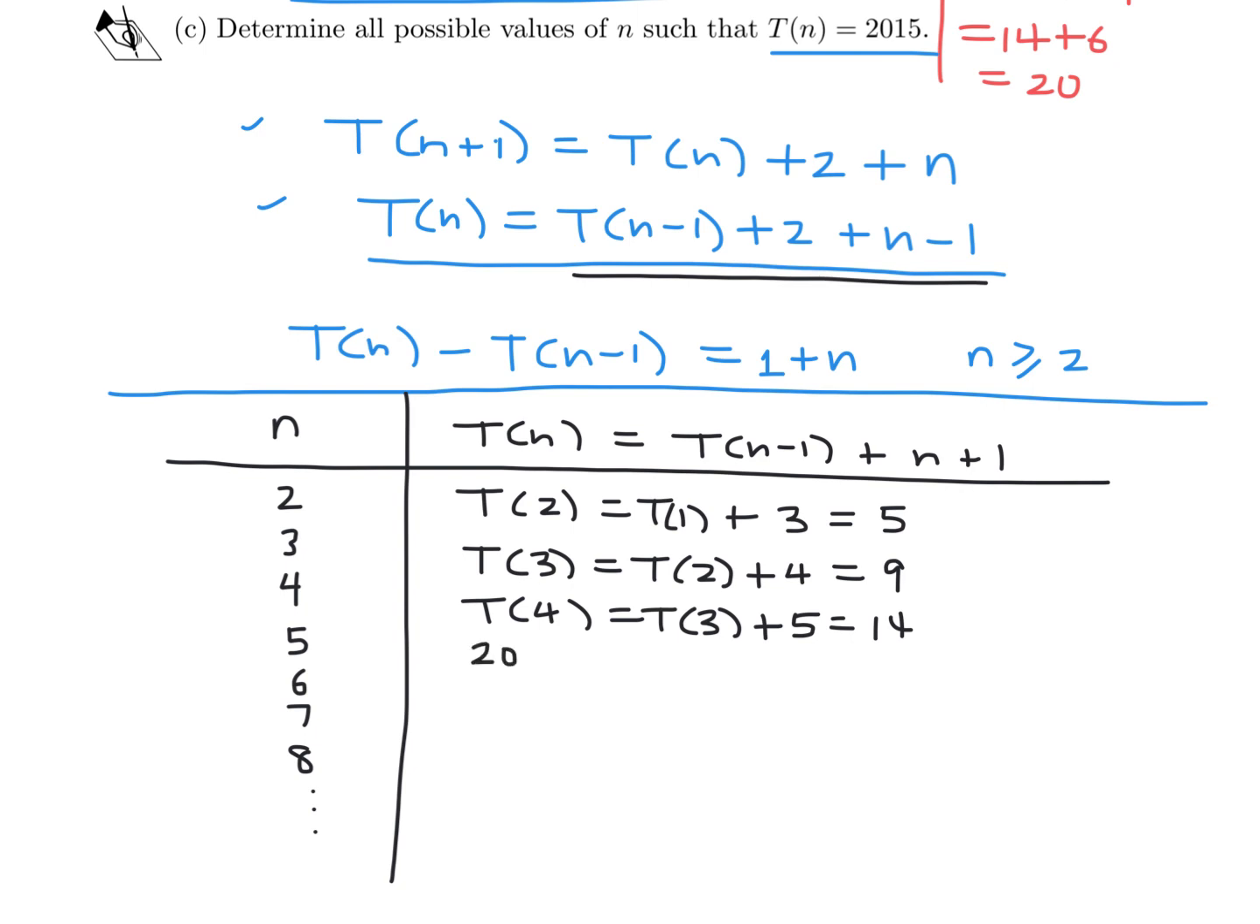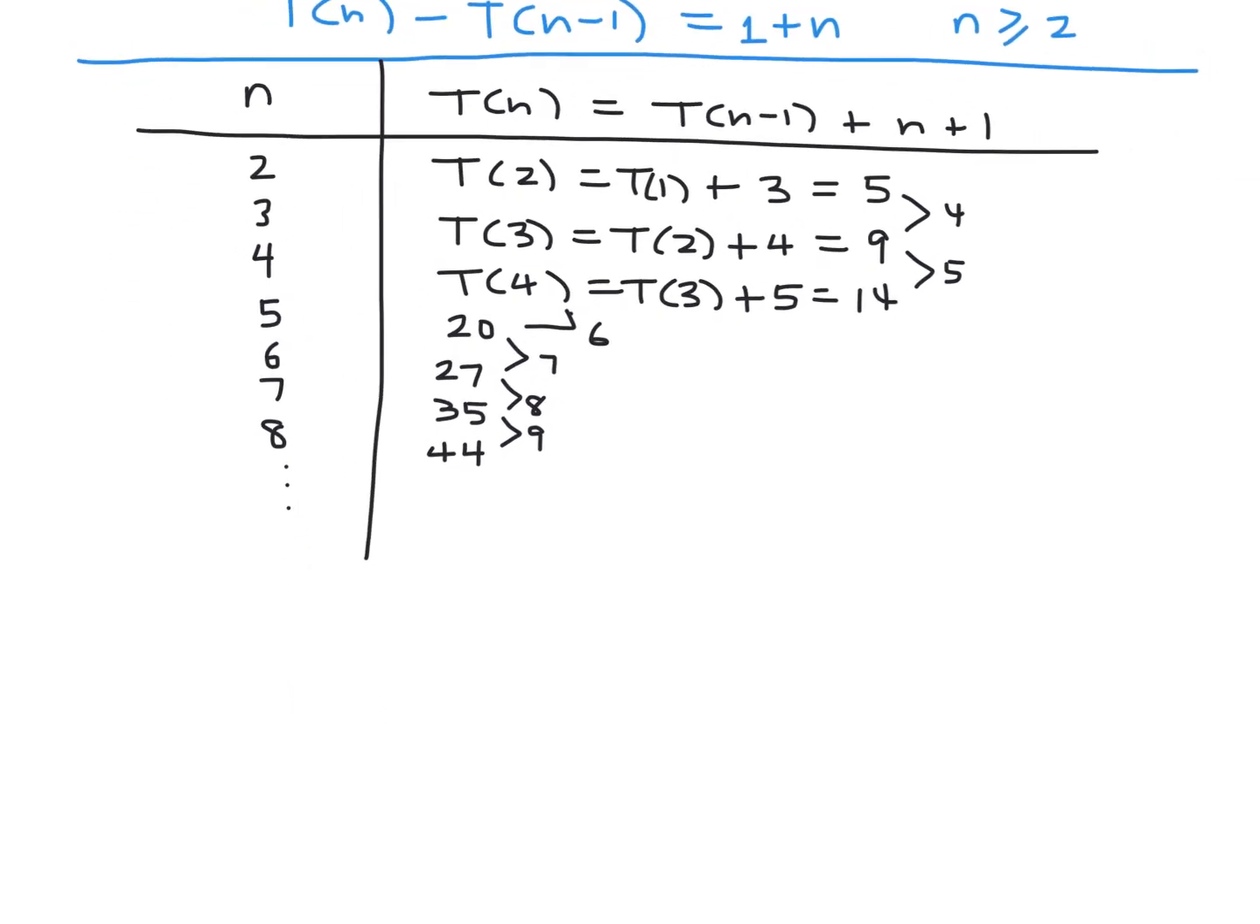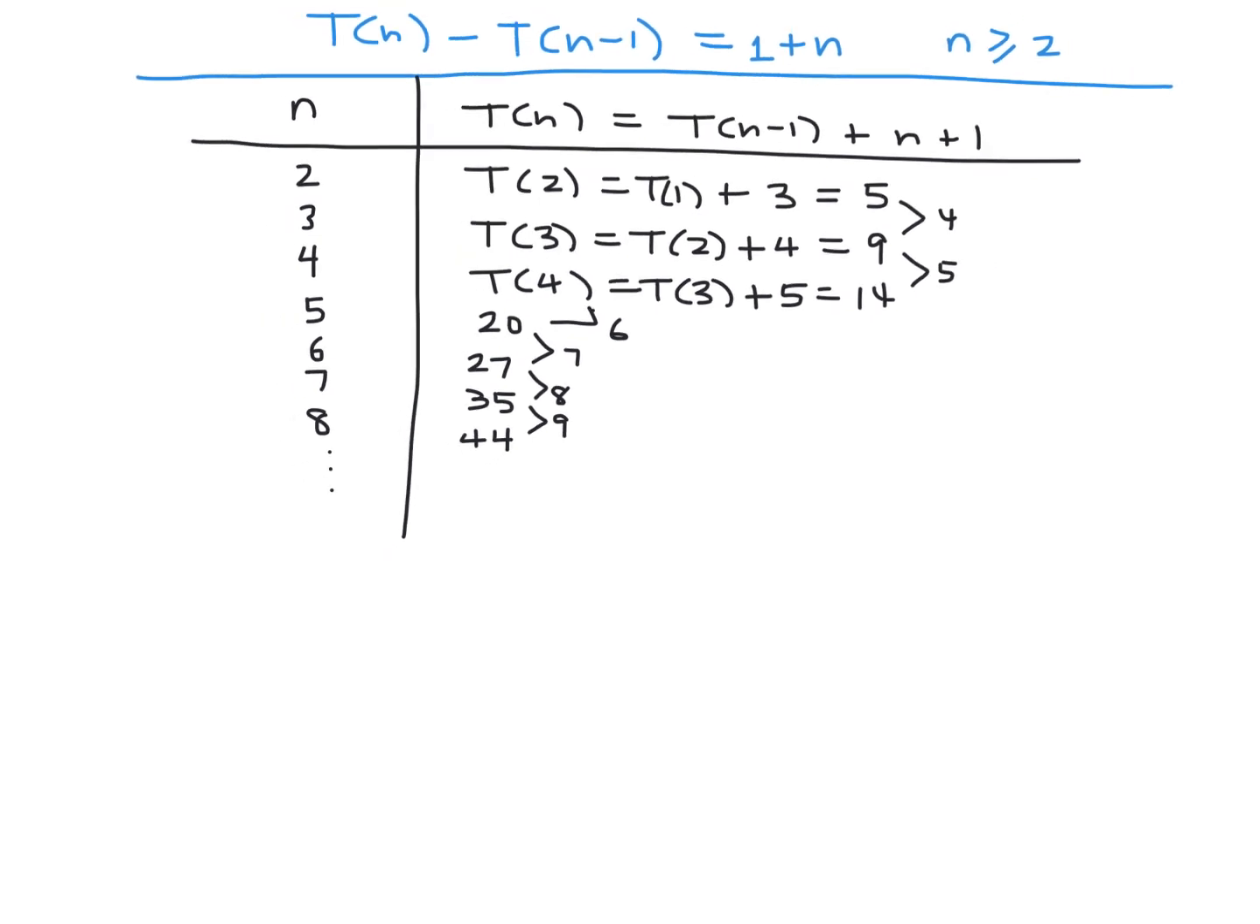This is going to be 20. And you can do the math yourself. 27, 35, 44. So it looks like there's somewhat of a standard pattern here. Like this has increased by 4. This has increased by 5. From 14 to 20, that is an increase of 6. This is an increase of 7. This is an increase of 8. And this was an increase of 9. So that leads me to think that a general conclusion is that T of n would be,